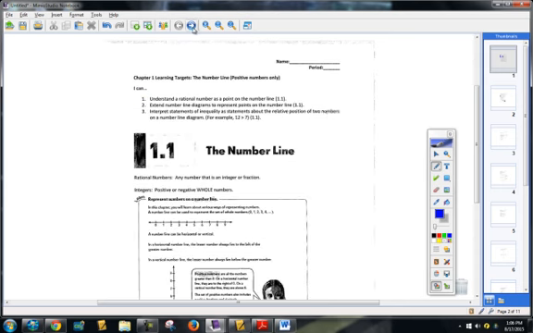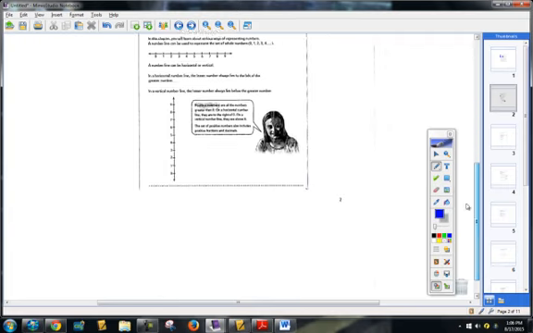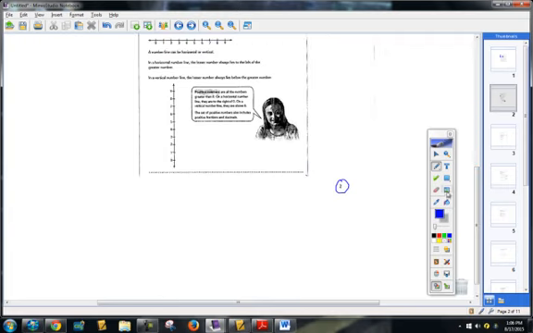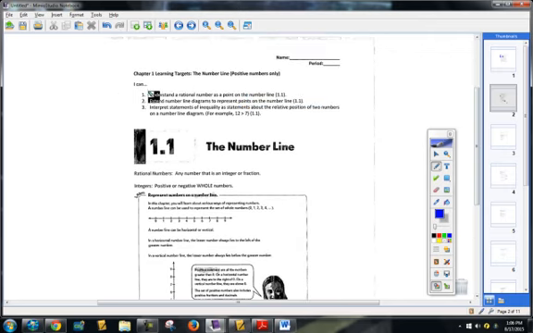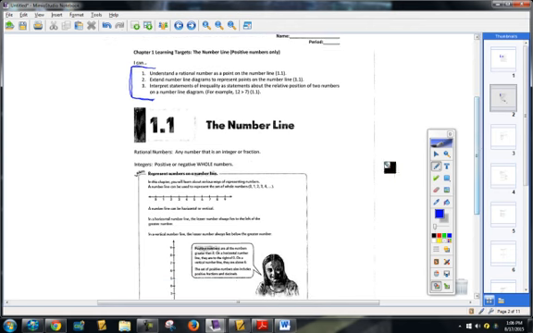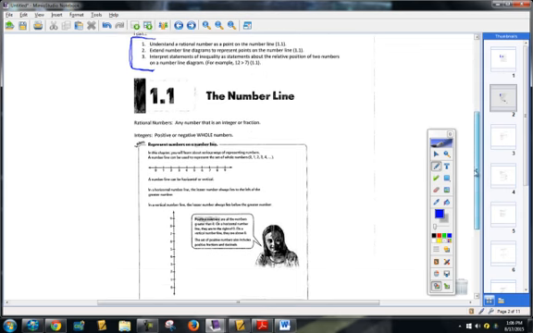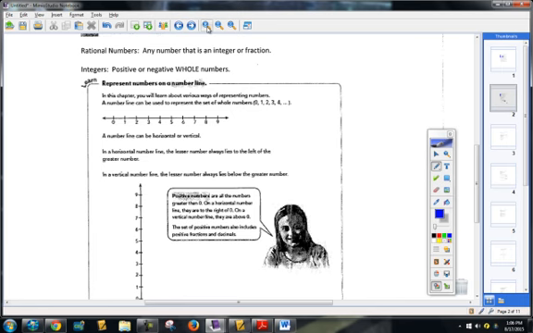So let's go ahead and flip to the next page. You should have page numbers at the bottom, so you're on page 2, okay? And there are your learning targets once again. You should always know what you're learning. I should be able to ask you what the learning objectives are, what the learning targets are, and you should be able to tell me, okay? First of all, let's look at